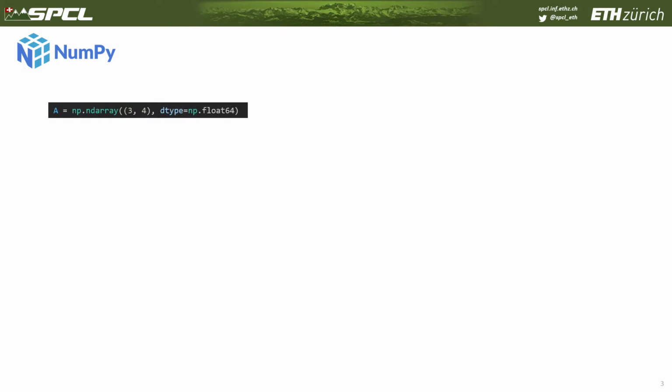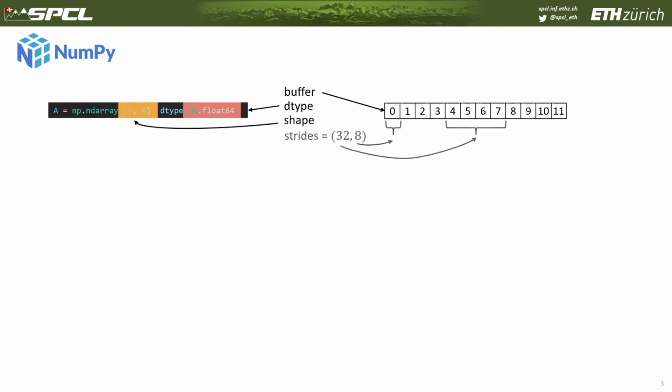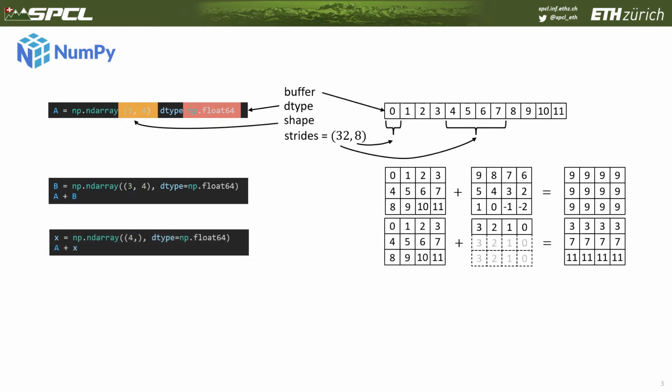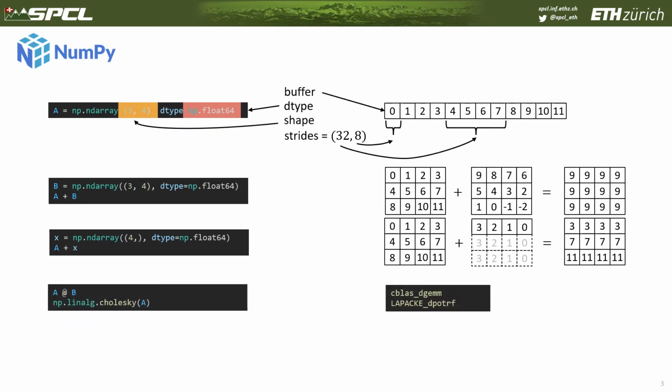NumPy's ND-array is an efficient multidimensional array object. Apart from the data buffer, the ND-array object encapsulates other important information such as the data type, the shape of the array, and the access rights. Element-wise array operations, for example those that represent matrix addition, are lifted to array operations that follow typical mathematical notation. Broadcasting allows operations among ND arrays of different shapes, making the Python code more concise and increasing the productivity of scientists. Furthermore, many common linear algebra operations, such as matrix multiplication, are directly mapped to BLAS and LAPACK calls for